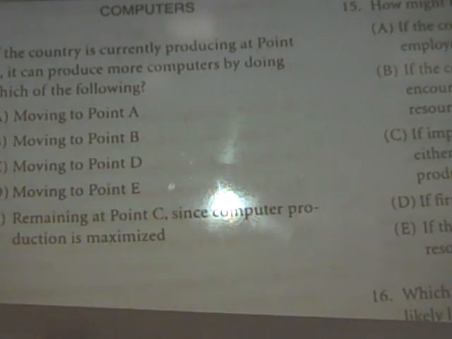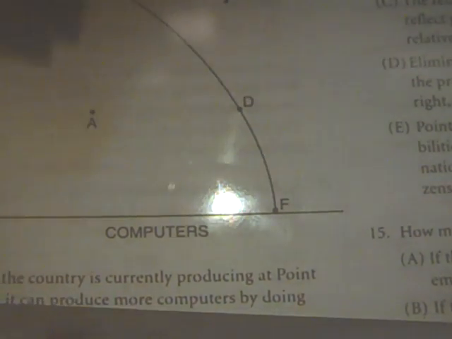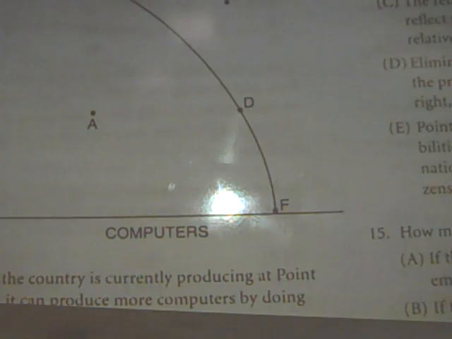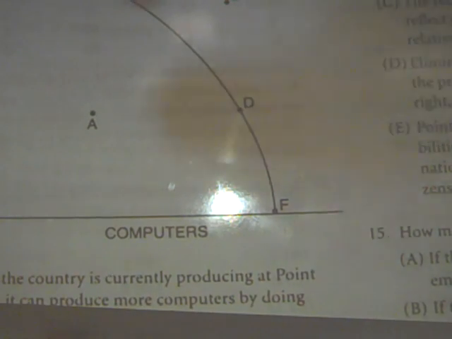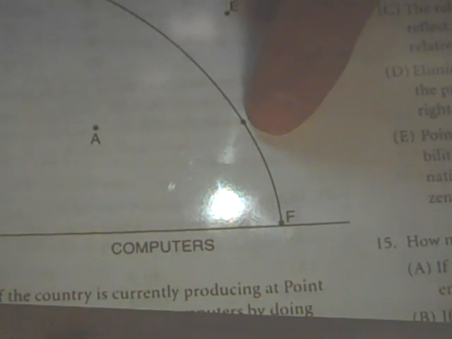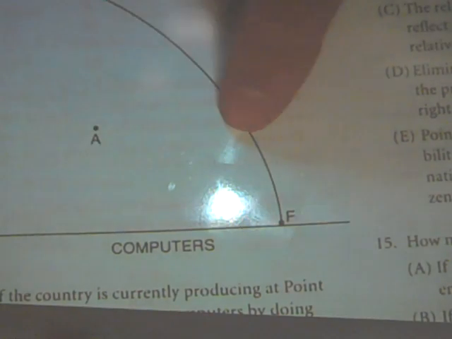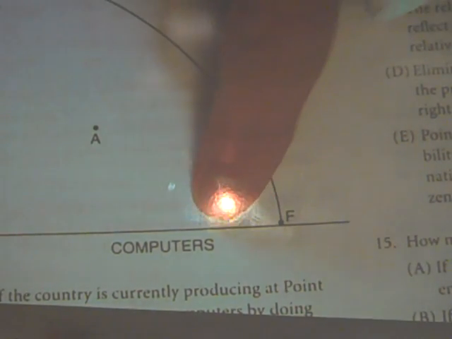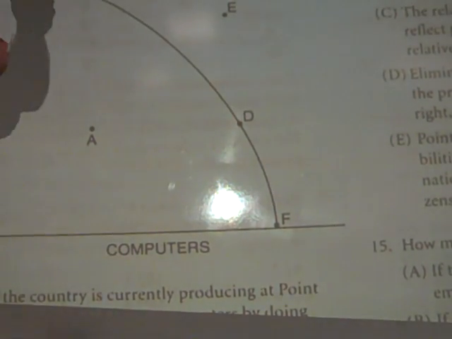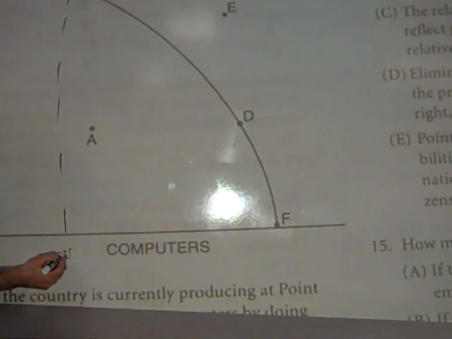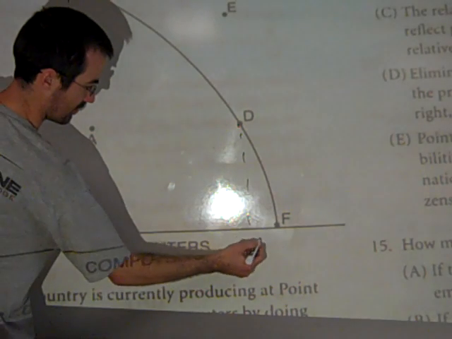How could it produce more computers by doing what? Well, going that way. Going to the right, producing more computers. That means going to D or F. Wouldn't D be more computers? If you don't know, draw a dotted line and be like, well, it is less farm products. So draw a dotted line down here and say, oh yeah, that is more computers. All right? Literally, not very many. I'm going to put a number on there. I don't need one, but just to help me. 5. Look at point D. 20. Lots. So it'd be a move to point D.